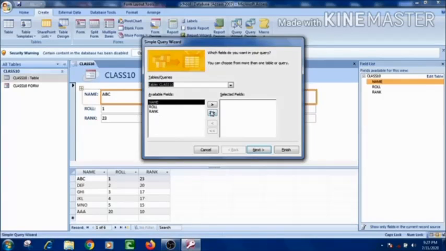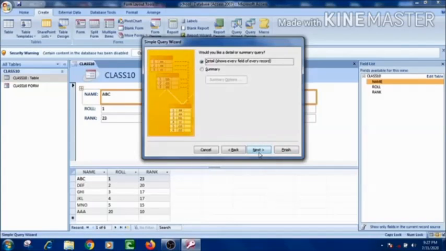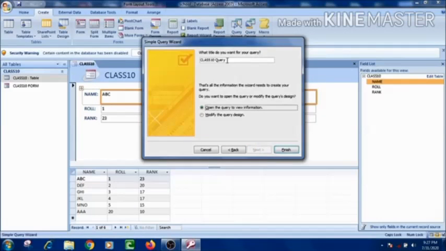Suppose that I am selecting all the fields and click on the next button. On clicking the next button, right now again move to the next. This is the last dialog box which will ask you to save the query, or which will ask you to give the name of the query. Simply give the name.